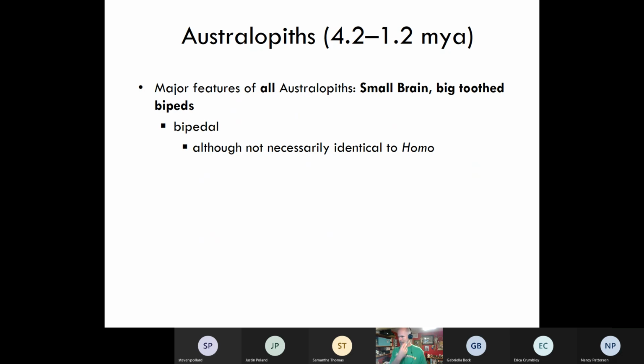So all Australopithecines are, you could say, we're going to look at individuals as well, but when we generalize about them, they all are small-brained, sort of chimp-like sized brain, big tooth, but definitely bipeds, definitely walking upright. However, again, they are a mosaic of traits that indicate that they were changing, and they were becoming more prone towards walking vertically, but they were not necessarily obligated like we are.